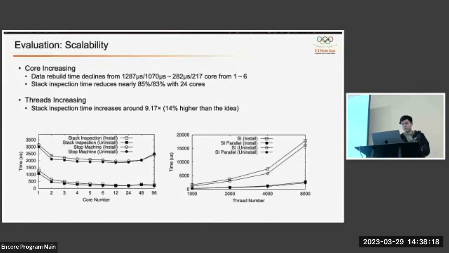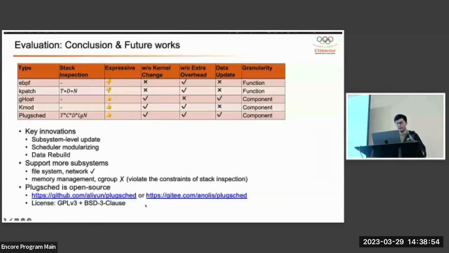In plug-skewed, multiple cores can be used to speed up the state inspection during the scheduler update. Stack inspection time is reduced from 1287 milliseconds to 282 milliseconds when the core number increases from 1 to 96. And the stack inspection time reduces by 85% with 24 cores. And as a summary, as shown in this table, we conclude the potential solutions and make a